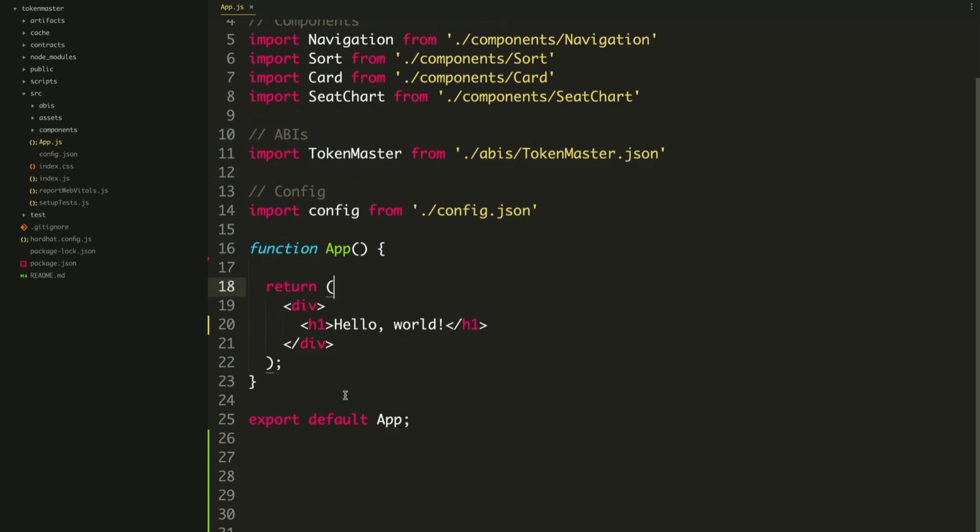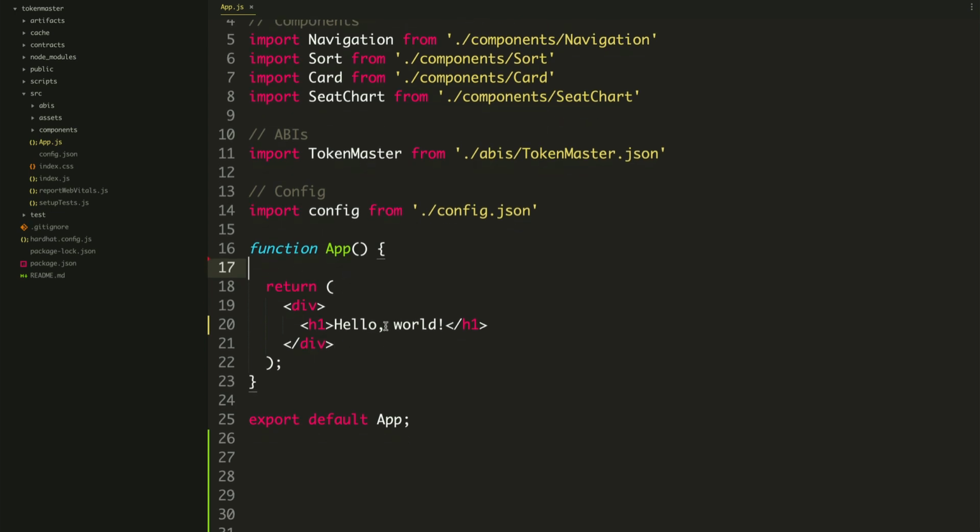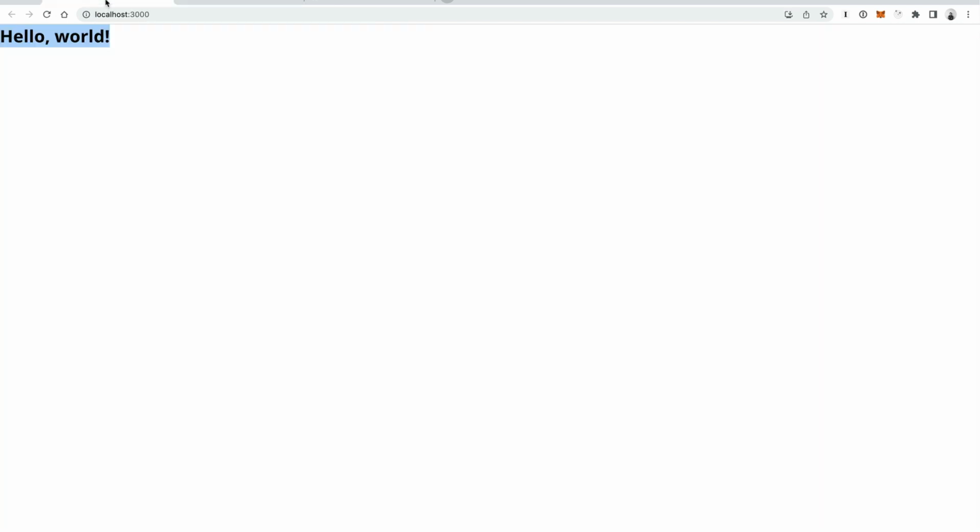And yeah, so normally I have this branch zeroed out by the time we get here, but we'll just delete the code that's in the files and write it as needed. So the first thing we want to do is connect our app to the blockchain. And actually, before that, there's one prerequisite step. We have got our website running, but you need to make sure that you got MetaMask connected to the correct